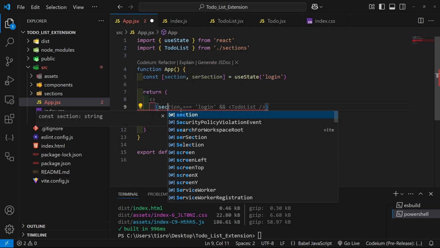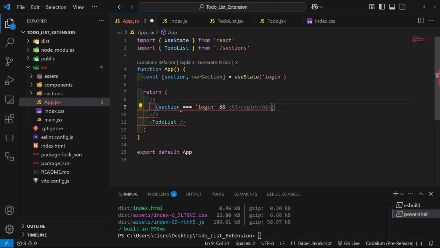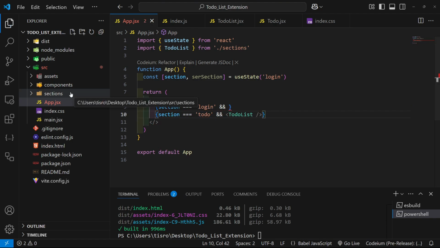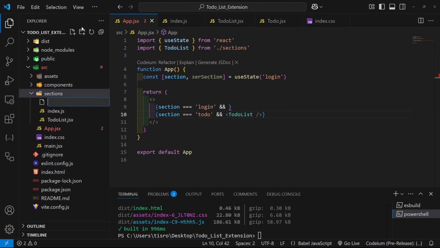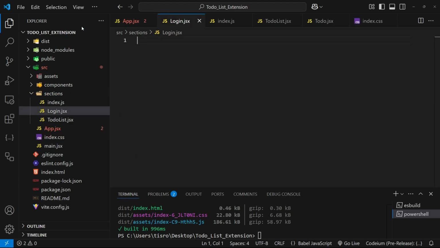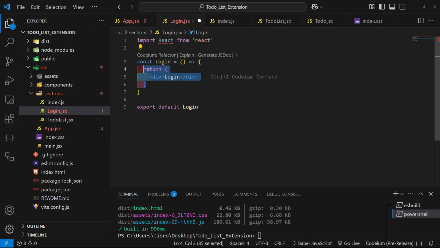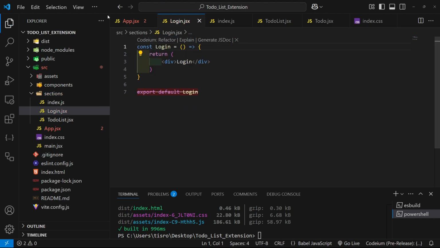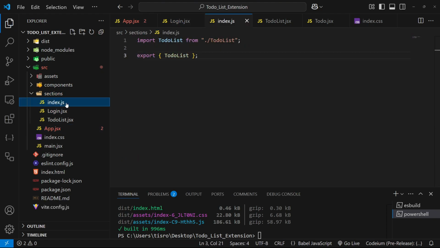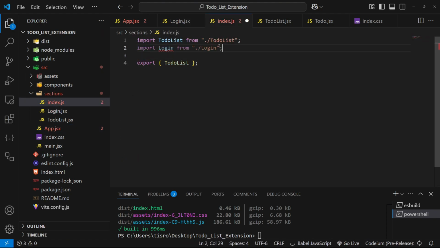We're going to say section equals login, then we will have our login, then if it was to-do, then we're going to show the to-do list. And now let's create our login section, .jsx. Here I'm just going to run this to see if this works, but of course we're going to change this in just a second. Let's go to the index.js, import login, and then right over here, login, to-do list, and